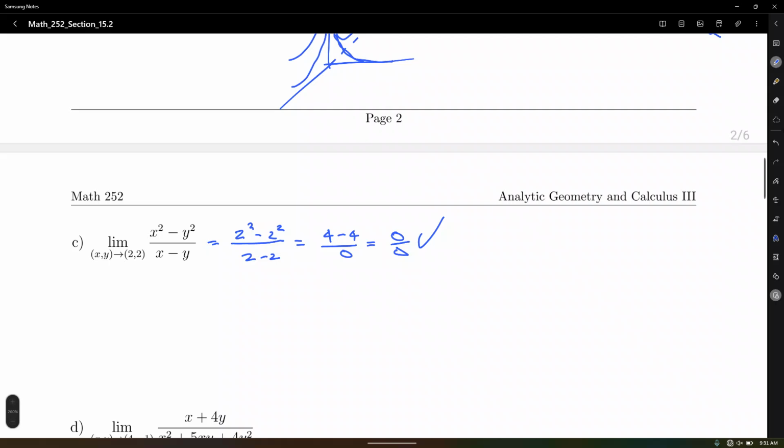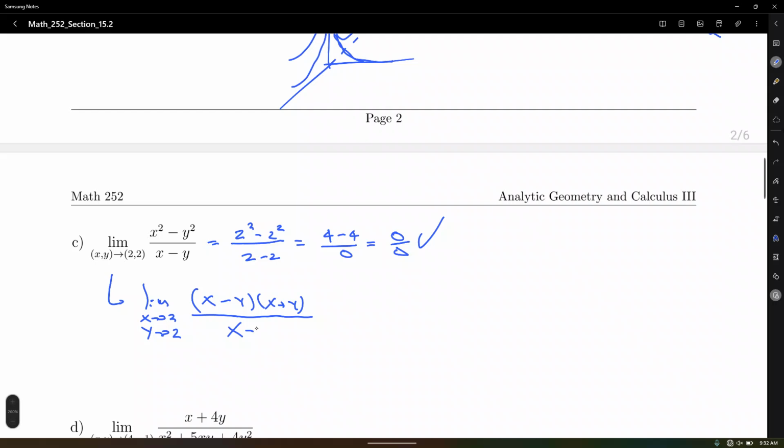What about the numerator? Doesn't that look like a difference of squares? So, okay, let's go about it. Limit. So, here is the thing. Notice the notation in the notes, and that's the same notation in the textbook, in MyMathLab as well. So I'm going to use a different notation because this is going to use a lot of space. I'm going to do x approaches 2, y approaches 2. That's also a valid notation. That actually saves space. Well, let me factor the difference of squares, x minus y times x plus y,